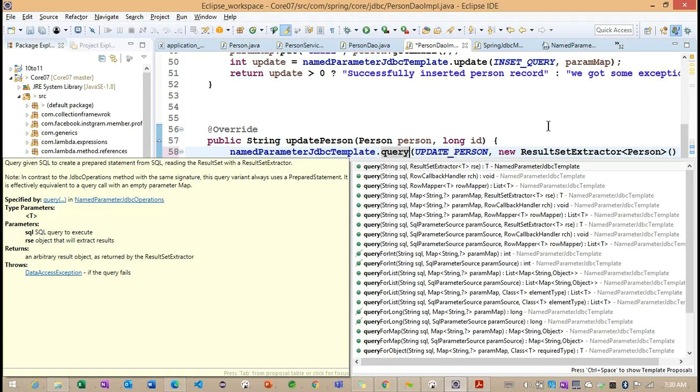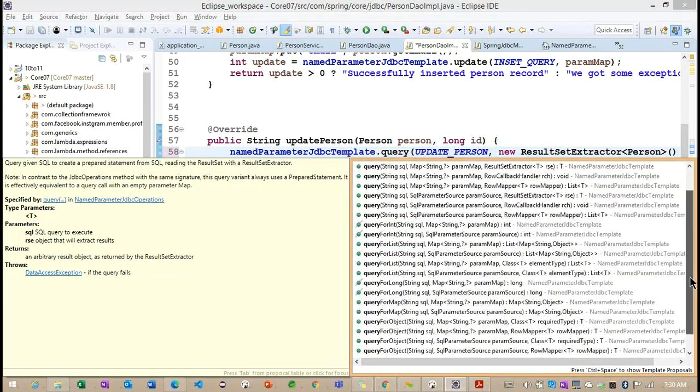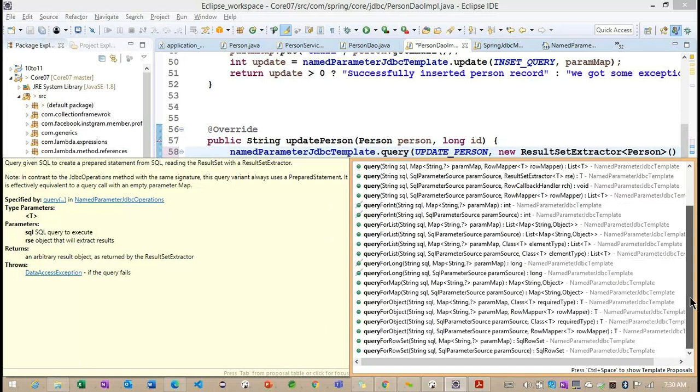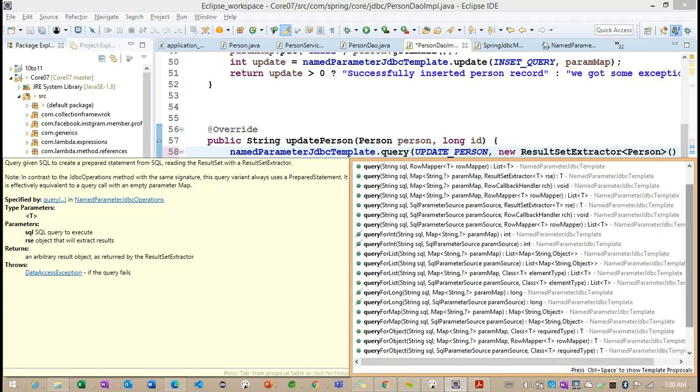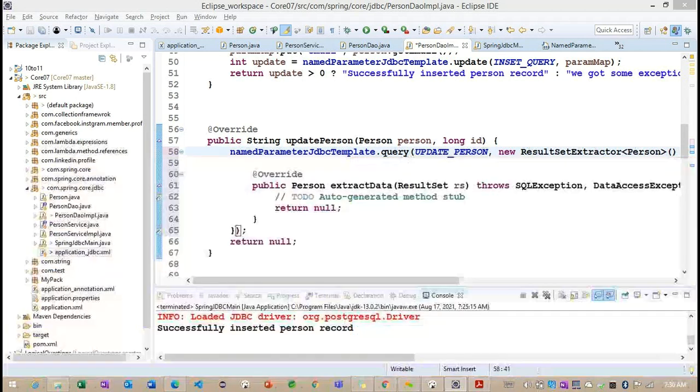Based on this particular ID, we need to return the particular object here. So queryForInt we are not going to use for returning. RowMapper. Okay. So how can we pass queryForObject, queryForObject too. Okay. So which method is convenient here?